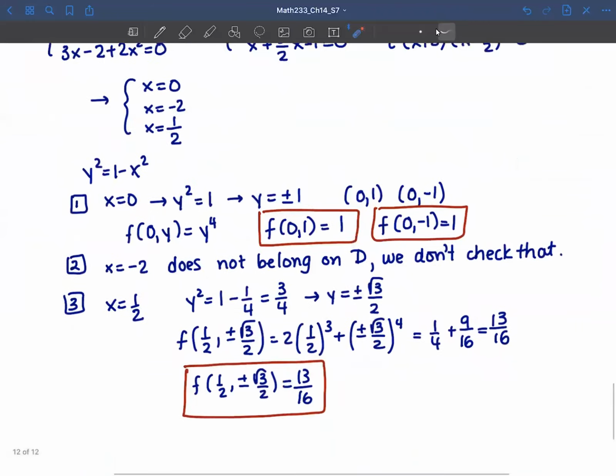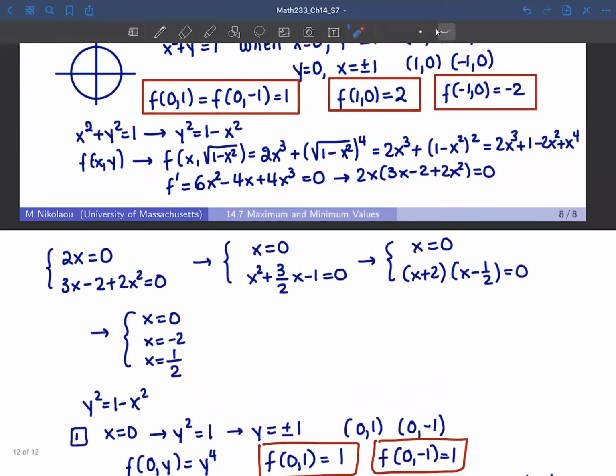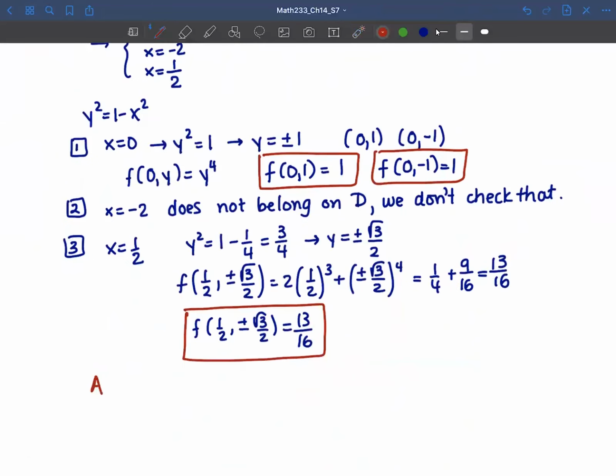We see that the maximum value that we have is the value at f(1, 0), so the absolute maximum